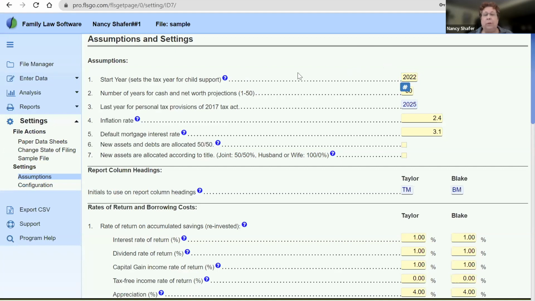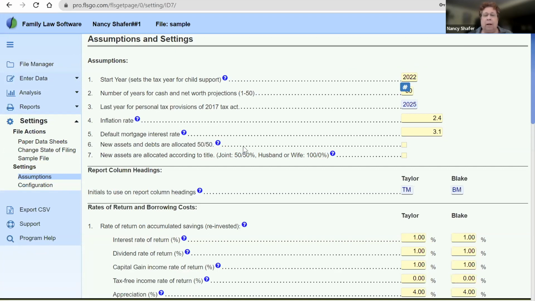So what I do if I'm doing past years is I will set the tax year for a prior year, and then I will do a save as. I'll go into File Manager and say, copy the program and make it a